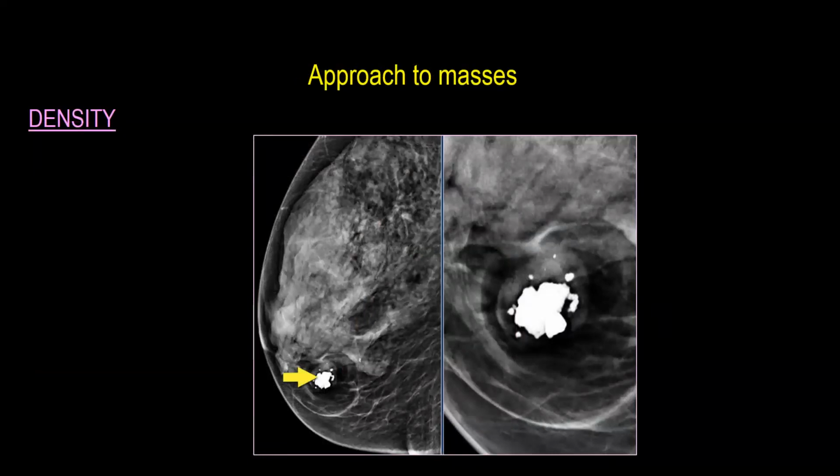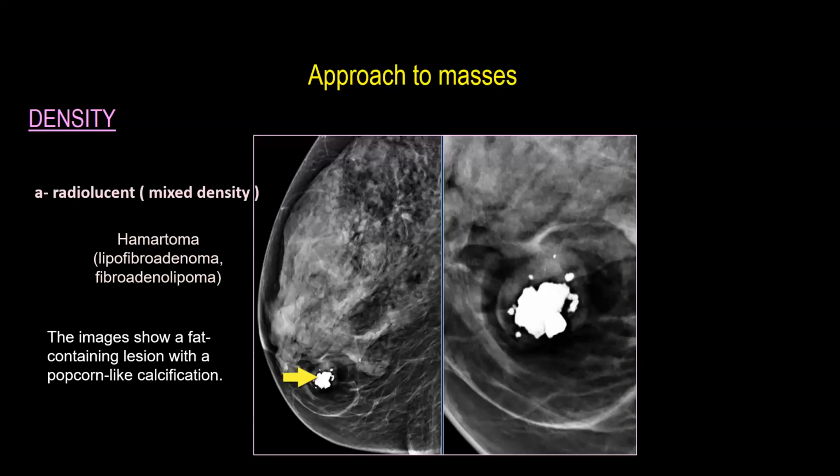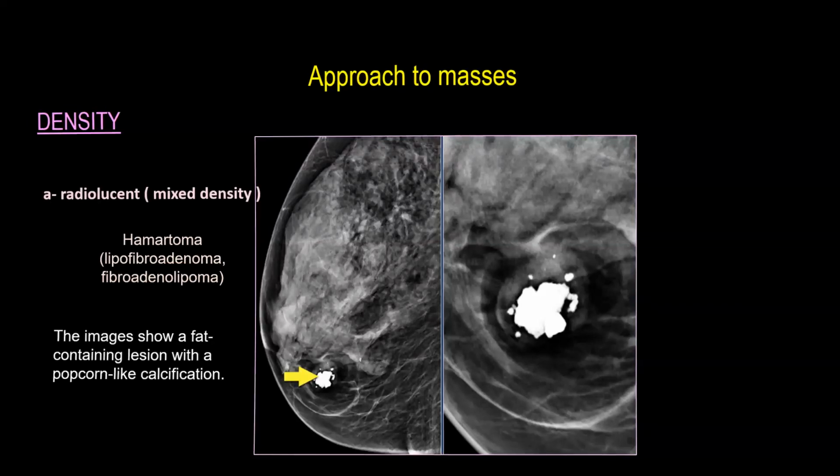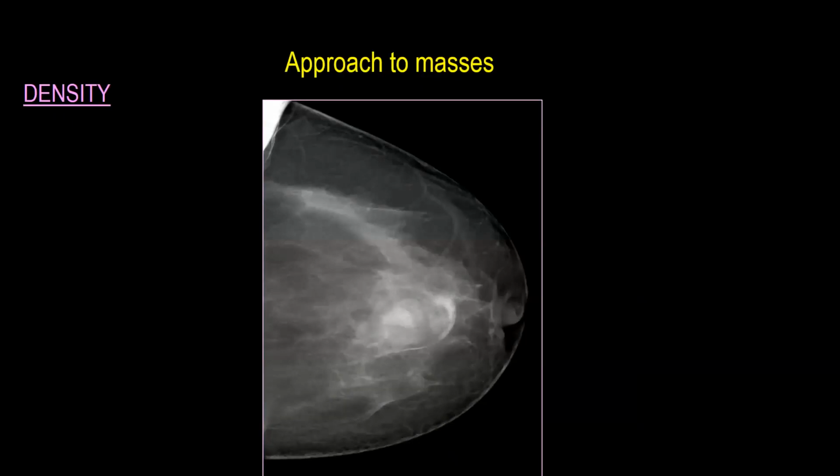What do you think about this one? Also what? Hamartoma. But it contains popcorn calcifications. It is the same as fibroadenoma. Hyalinized fibroadenoma can be associated with popcorn calcification. It can also occur within the same component in fibroadenolipoma. But this is also a radiolucent mixed density mass with popcorn calcification in a case of hamartoma. And this case,